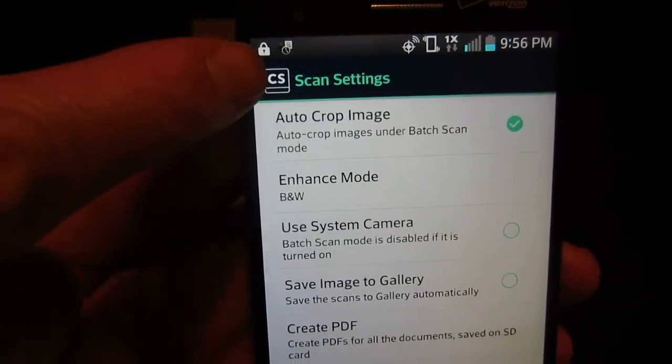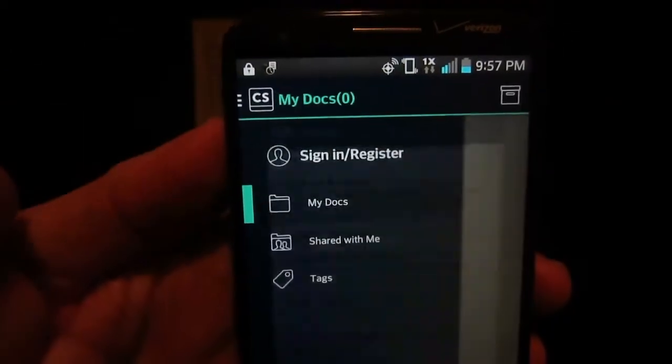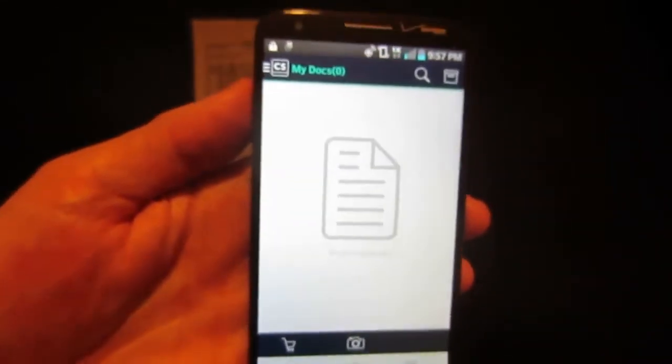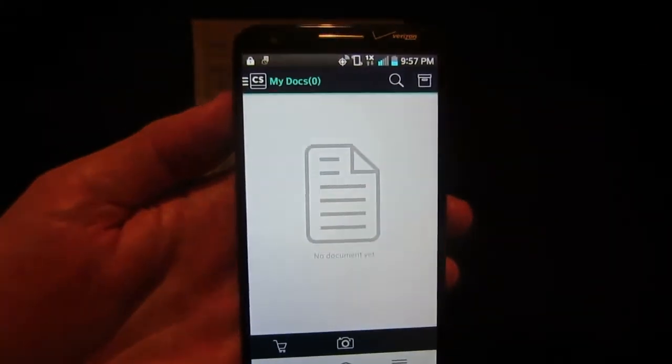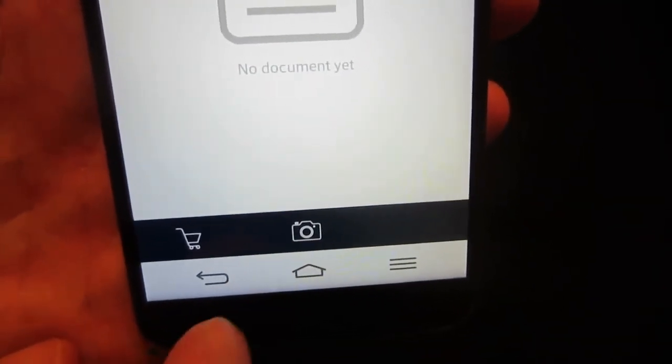To do that, you click back this CS button in the corner, click it once, twice, and 3 times, you're back to the home screen. Okay? We're now ready to scan our first document. We have a work order here, and we're going to scan that. So to begin with, scan the document. You click this little image of a camera,